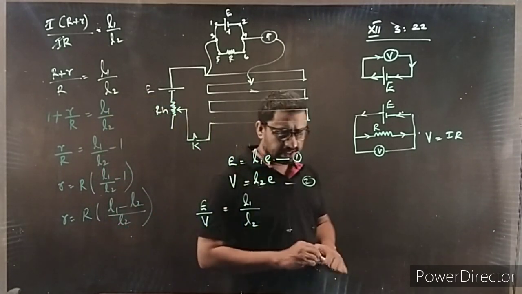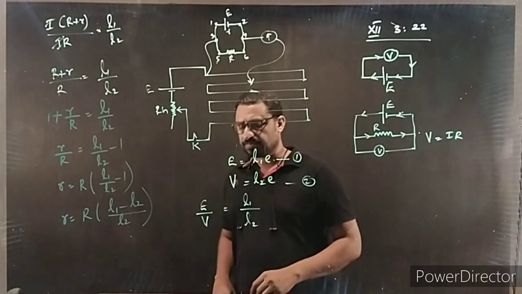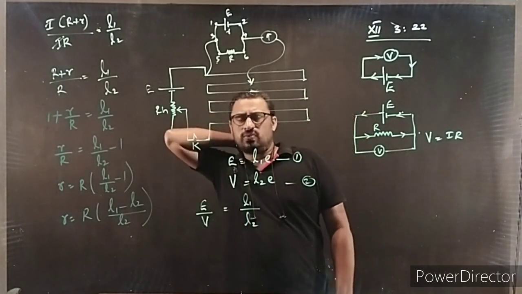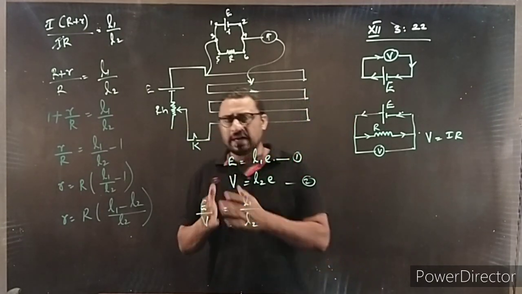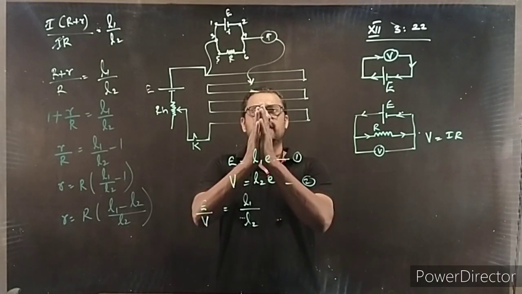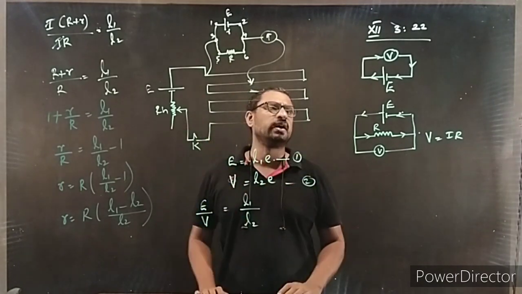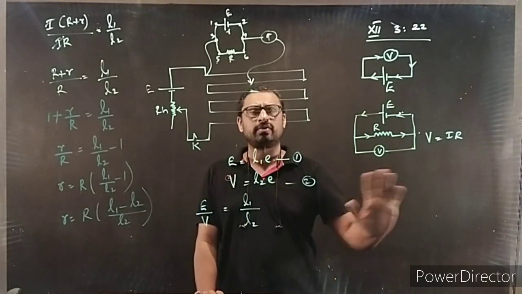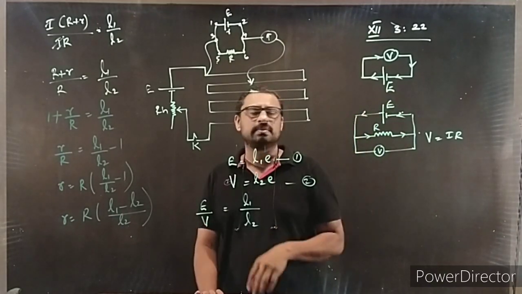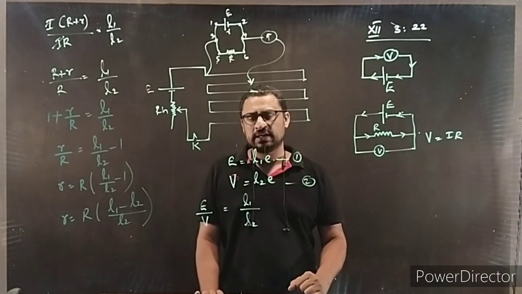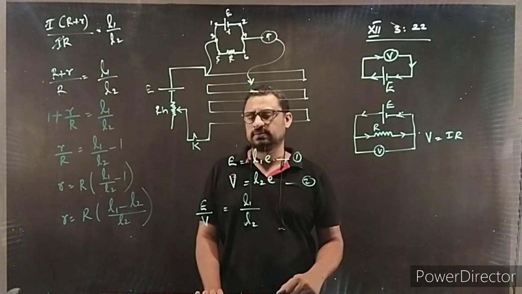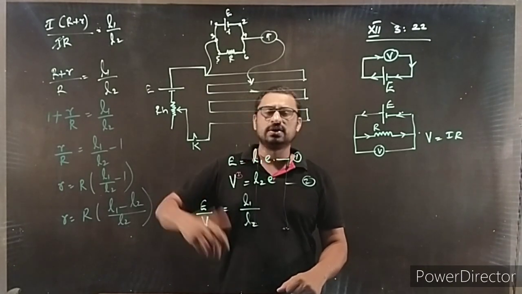This is the way we measure the internal resistance of a cell. When you write it in the exam, you have to draw the figure and neatly explain the figure. The derivation is not required to write in the exam; I gave it just for understanding. Then you have to explain in words what we have done, finally giving the equations.